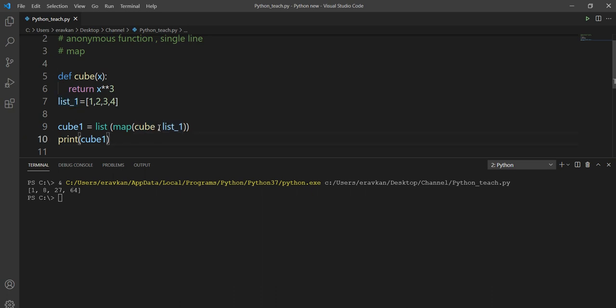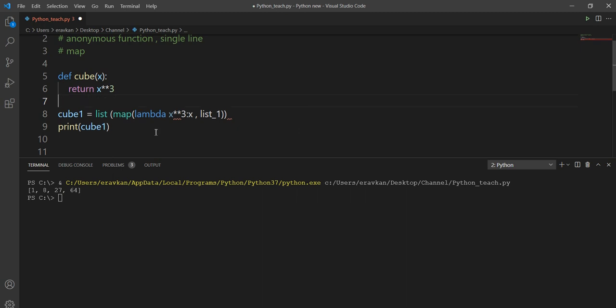Okay, so I can write my cube function by using a lambda statement as well. If I write here lambda x, x power 3, with map. X will be the input, and I need power 3.